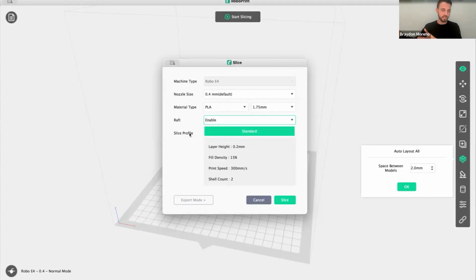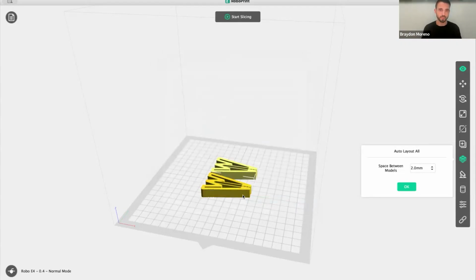When Hannah was talking about the slicing preview, you noticed that purple surface at the bottom, that was a raft. So it's really a sort of outer flat layer below your 3D model that will help ensure that whatever's sitting on top of it sticks to the platform, so that you're not going to have any print issues. Sometimes when you're printing models,